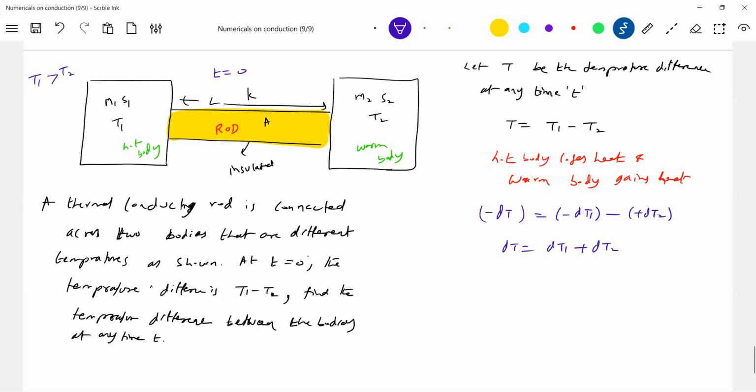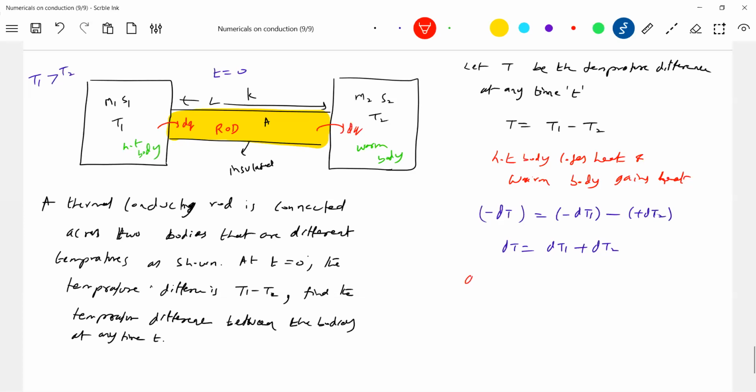Okay, now what all heat gained, what all heat lost by this, we will transfer that. I'll write some very important thing. This hot body will lose heat, no? Say some amount of dQ. And what happens to that? That will flow across the rod and that will be gained by the warm body. So therefore, what all heat is transferred by the rod, what is it equal to? Heat lost by the hot body or heat gained by the warm body.